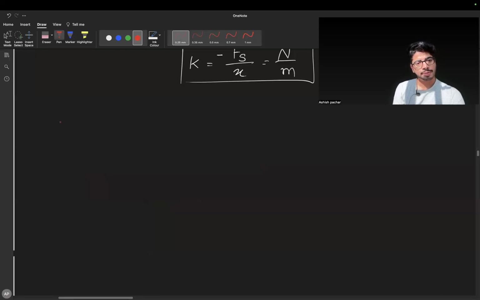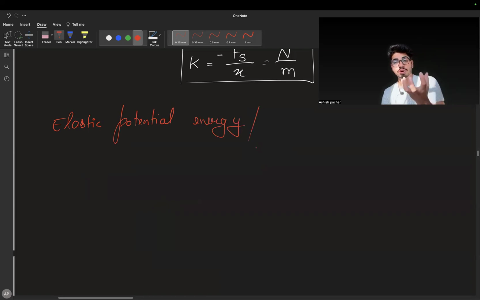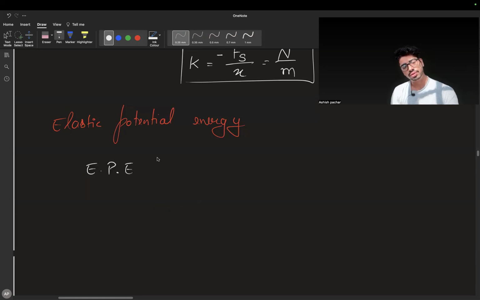So, elastic potential energy, or energy stored in the spring. How can you calculate that one? Can I say it like this? The energy stored in the spring, that elastic potential energy stored in the spring, I'm writing elastic potential energy stored in the spring